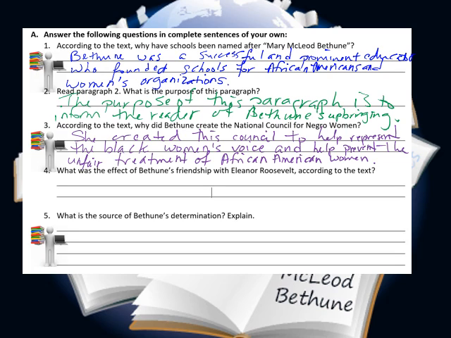Okay. Now, number 4. Yes, Joelle? What was the effect of Bethune's friendship with Eleanor Roosevelt, according to the text? The effect of Bethune's friendship with Eleanor is that she was the wife of President Franklin, and she helped Bethune get a position at an agency that helped young people find work. Very good. So if I want to summarize what she said, I would say